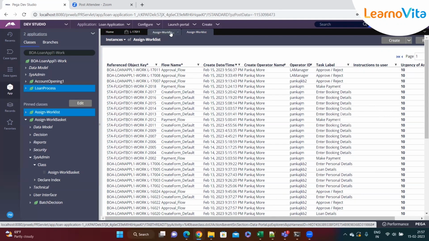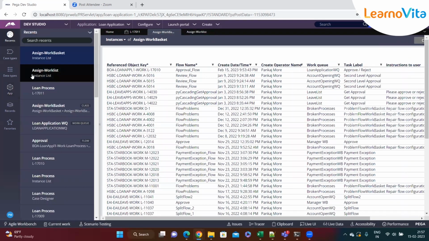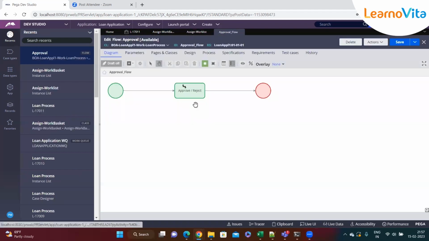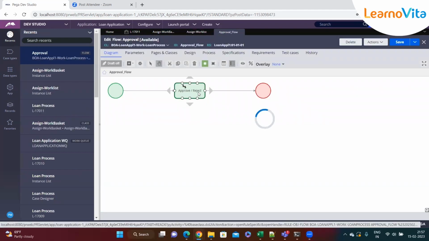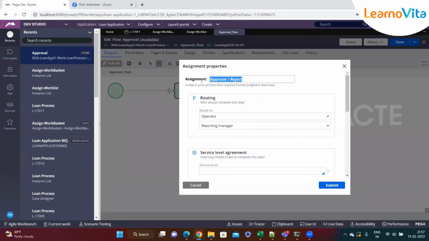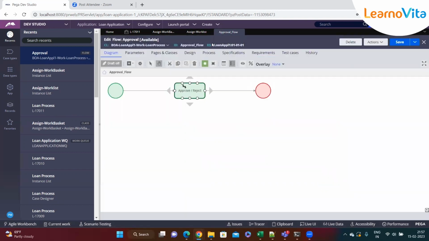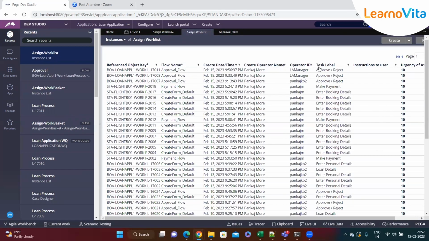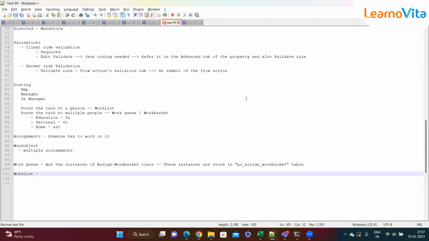What is an assignment label? It is nothing but a label that we give here. This one, if you click on it, this label basically. What is a task label? Task label, like that. So all these things. So again, the work lists are the instances of